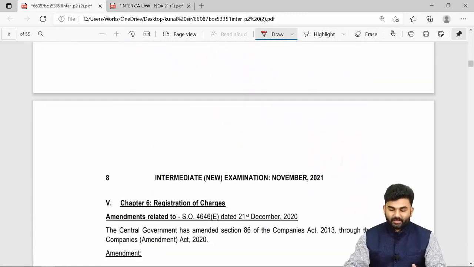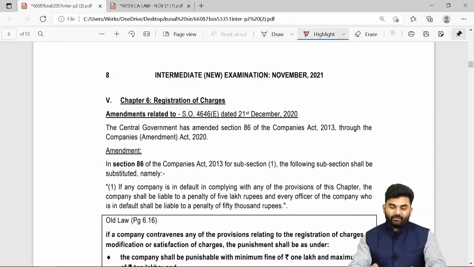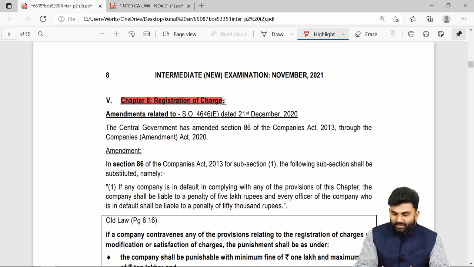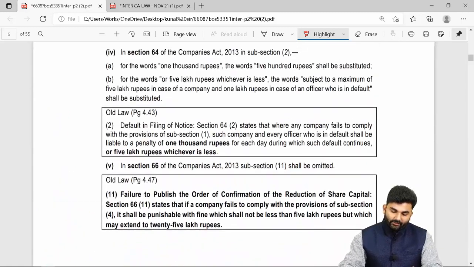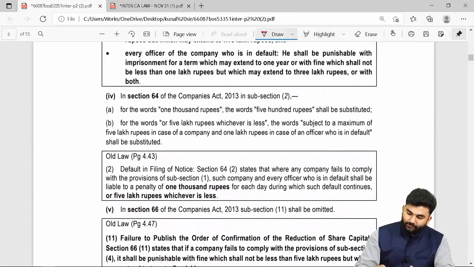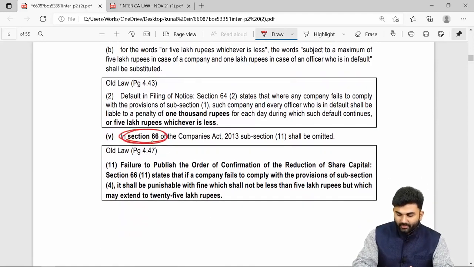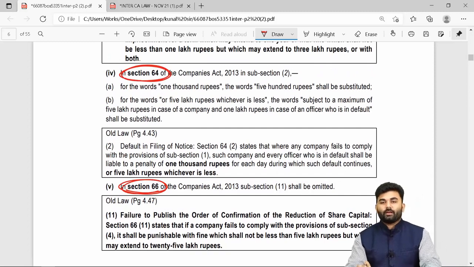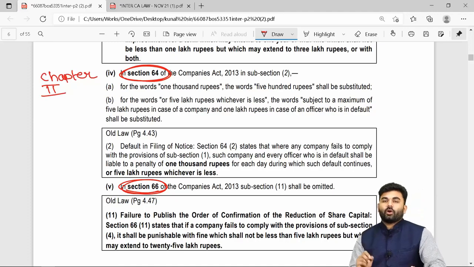Under section number 62. No change towards the provisions of chapter number 5, that is deposits. However, there are some changes in chapter number 6, but wait on. Over here we are left with two more changes in chapter number 4, that is section number 64 and section number 66. However, both of these provisions you will come across in your JKS's textbook under chapter number 2. These provisions we have covered under chapter number 2, that is the chapter called Incorporation of a Company and Matters Incidental thereto.